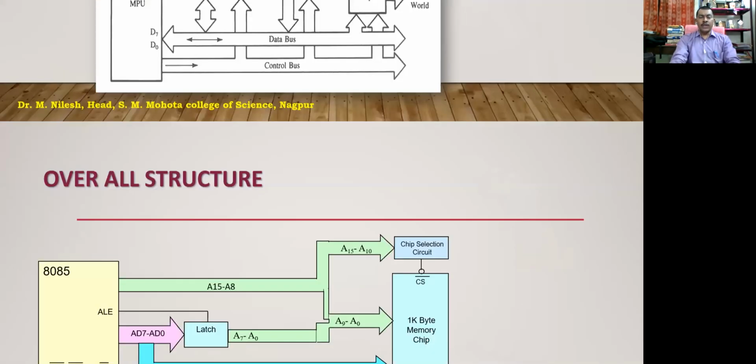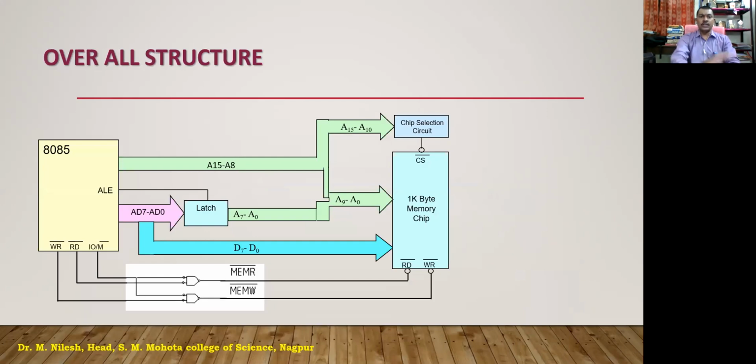Then we are having the overall structure of this. So this is again a generalized diagram of the 8085 kit. Now here again I am showing you the multiplexed AD0 to AD7, which implies that we are using this. So here it is now clear that the address which is over here is A8 to A15 and AD7 to AD0. So when we are using this as an address bus, these are going to combine themselves, and they are going to be used in the memory. So 1 kilobyte memory is over there in the microprocessor kit.